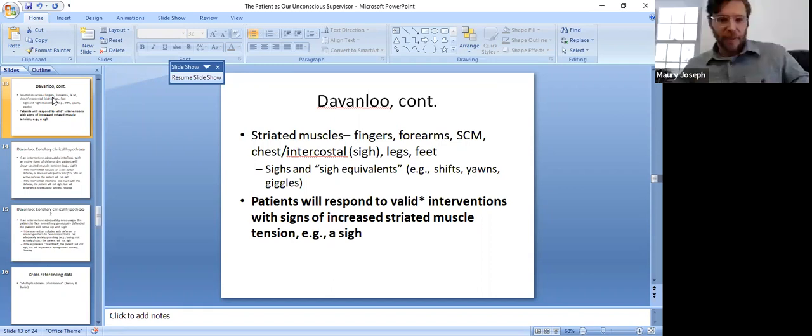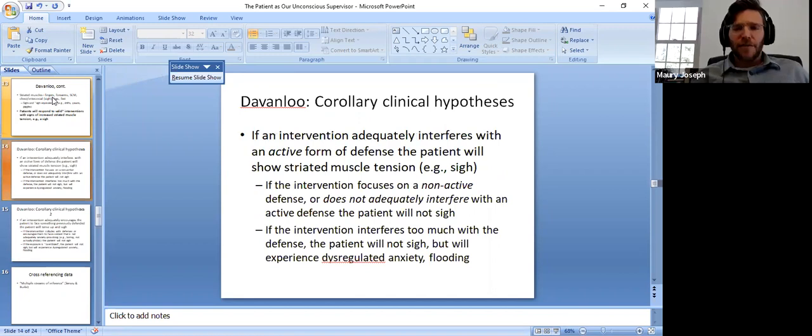So for the ISTDP therapist, these sighs and sigh equivalents are a sign of a valid intervention, in the sense, that's the asterisk, in the sense that it's a sign that some defense or some resistance pattern is being adequately interfered with, and as a result, some previously defended against anxiety-provoking psychological content, either feelings, impulses, memories, is nearing consciousness. And you could divine from Davenloo, he doesn't, I don't think, ever make this explicit exactly, but you could divine these corollary hypotheses